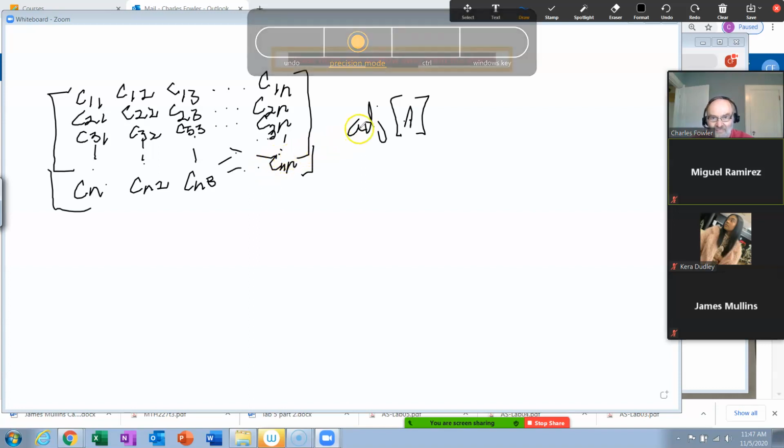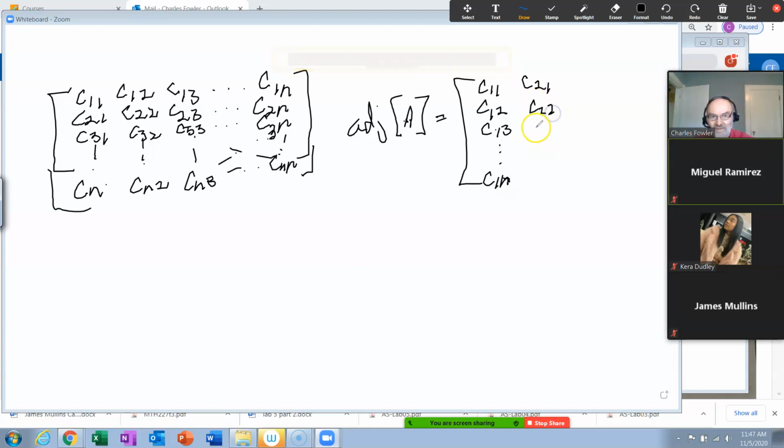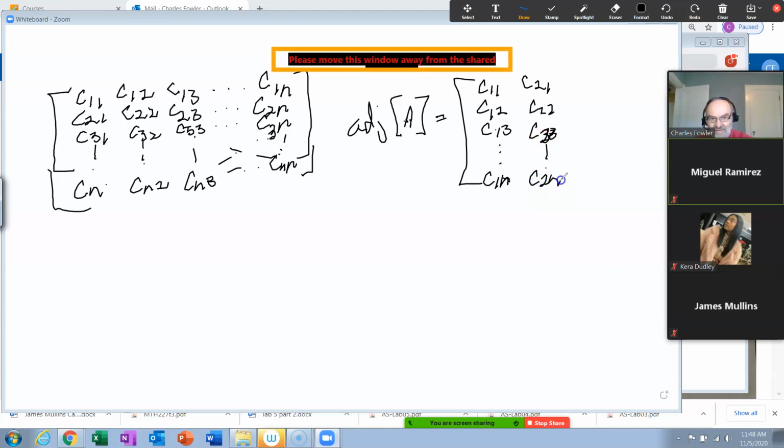Okay, the adjoint of that matrix A would be the transpose of this. So that would be a C11 here, C12 there, C13 here, dot, dot, dot, down to C1N here, C21 here, C22 here, C23 here, dot, dot, dot, down to C2N down here,